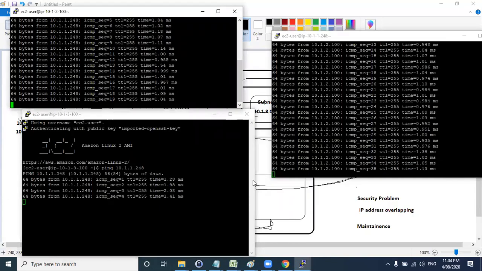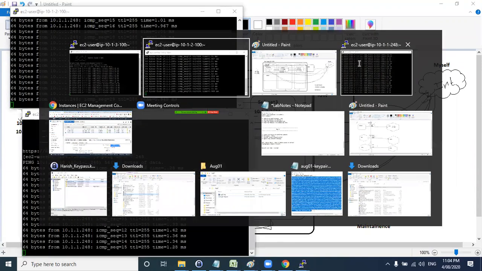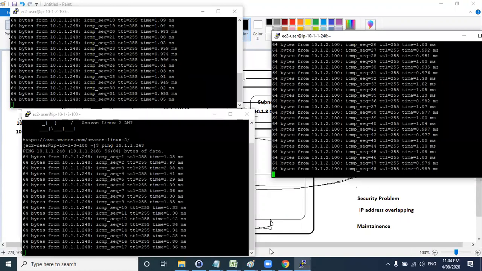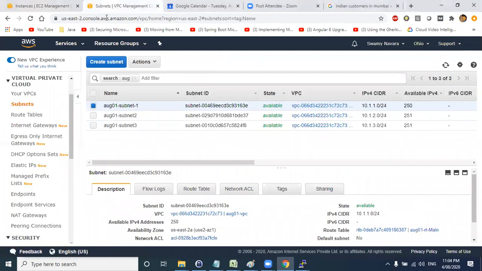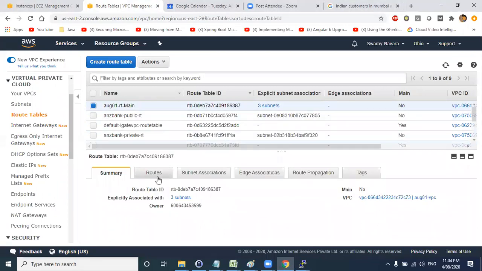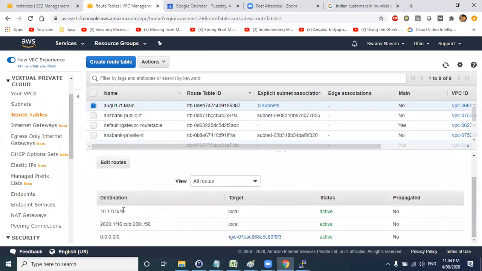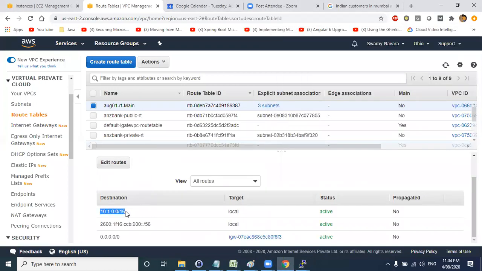So as per the diagram, the setup we have done and the EC2 machines we launched, everything is fine. So how is this ping happening? The ping is happening because of two configurations we have done. One is your route table. Go to your route tables here, select the first route table, the main one, and click on the routes. Any local communication, like you pinging a local machine in a different subnet, the local traffic is coming from here.